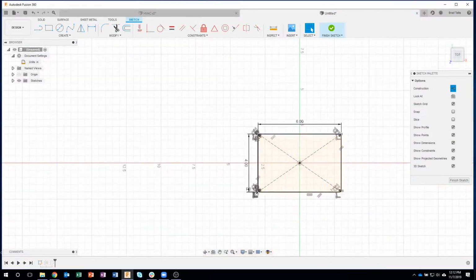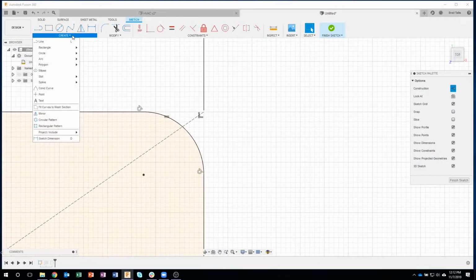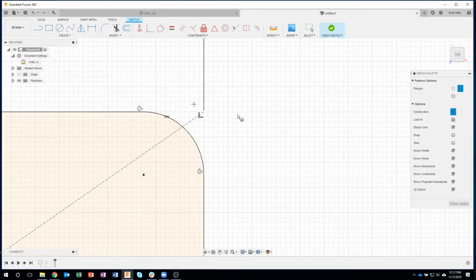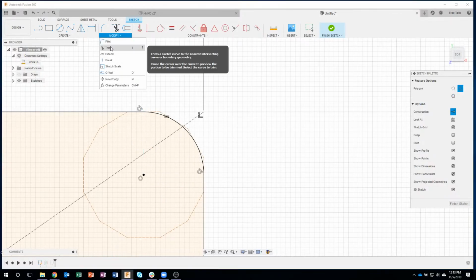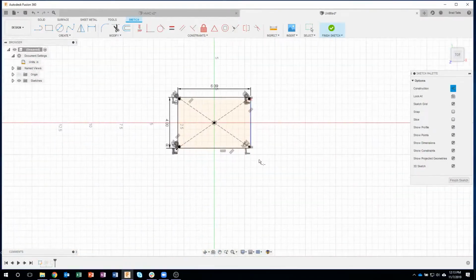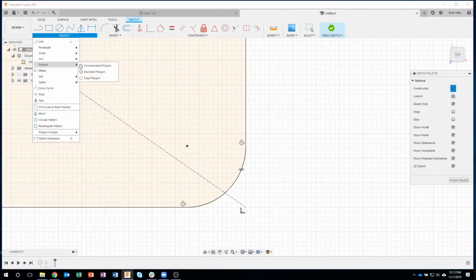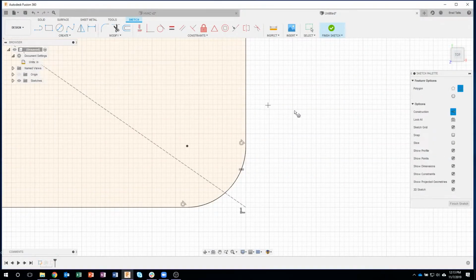Okay, now like I said, I could probably mirror this, but I just want to make sure that everything is exact, especially when I'm using my Loft command. So I'm just going to recreate this in each corner. And it goes pretty quick once you get the idea of what you need to do. So I'm just going to break and break, call that good, and then come down here and do one last one real quick. So I'll do my polygon. Excuse me. I'll click there and